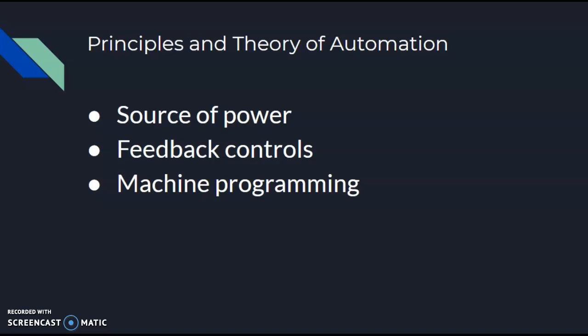Principles and theory of automation. There are three basic building blocks of automation, which include a source of power to perform an action, feedback controls, and machine programming. An automated system is designed to accomplish a useful action, and it requires power to execute that